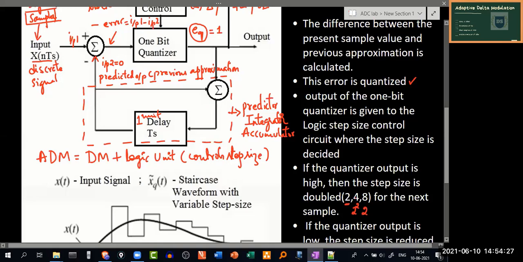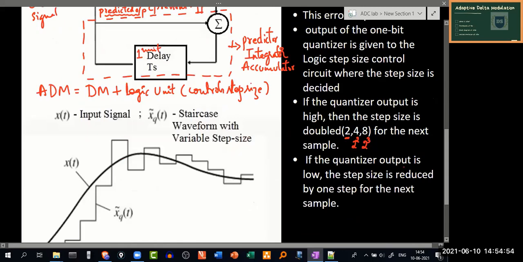If so, this multiplication factor increases till the approximated output, or the predicted output, closely matches our input signal. So till then we'll be increasing the scaling factor by 2.